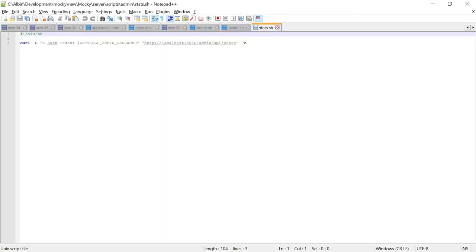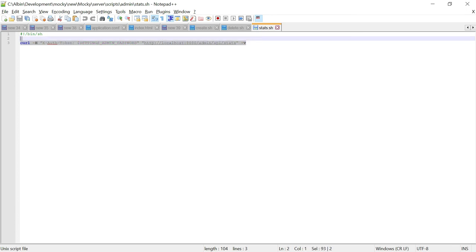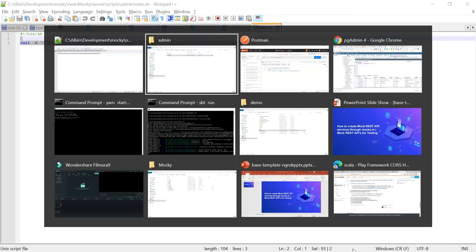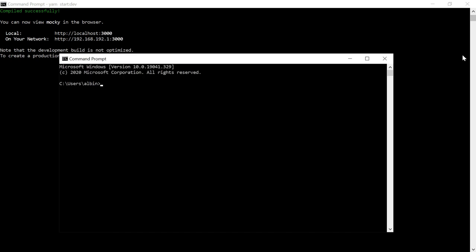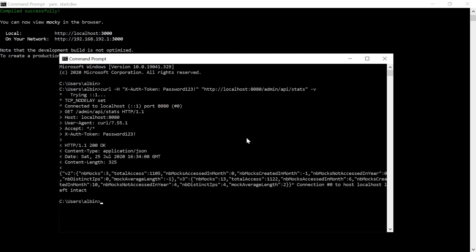Here one additional requirement is the admin password. This is what we set earlier, the admin password 123. Whatever password you set, you can utilize it. If I go and use this, let me change this to the password I set. Yeah, you can see the status, like how many services there are and how many times each was invoked. But if you give a wrong password, then you will not get this response.